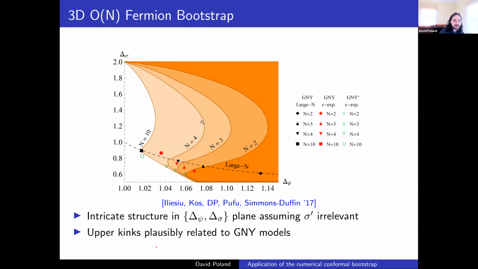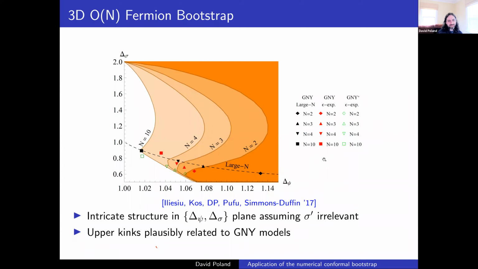These are all showing lower bounds at different values of N. They have some funny looking kinks in them, but it's at least plausible that these kinks are tracking the Gross-Neveu-Yukawa models. But it's not for certain, though there's some nice agreement between epsilon expansion estimates at small N and the